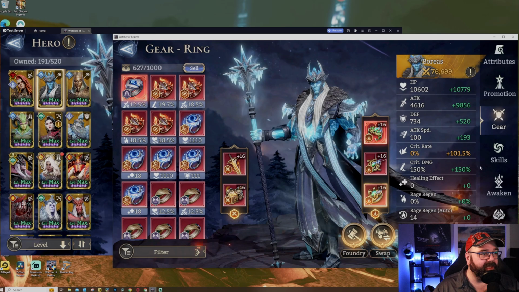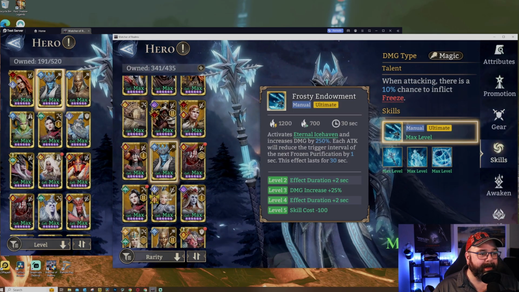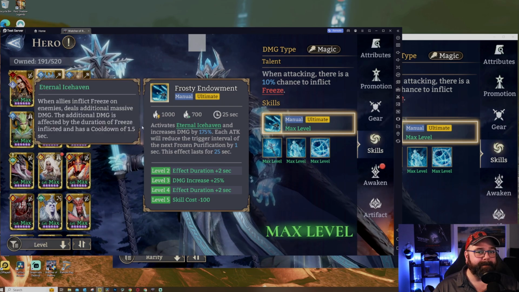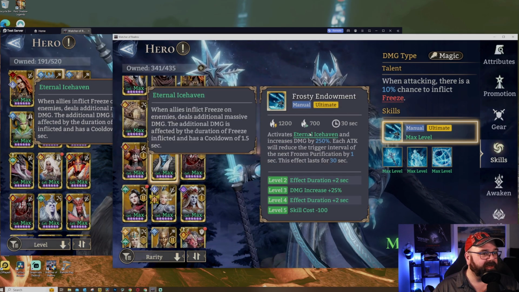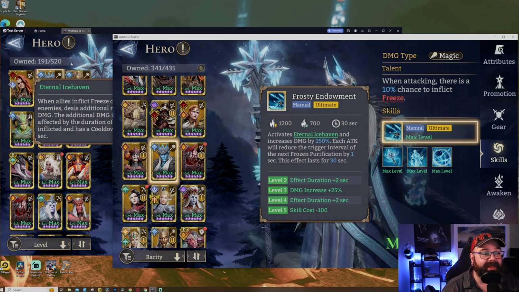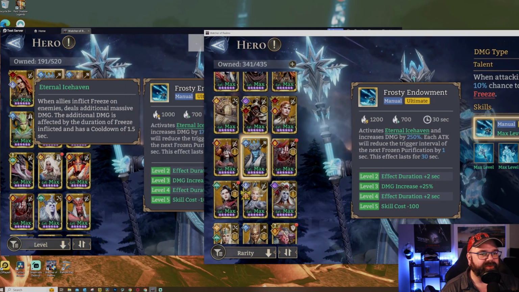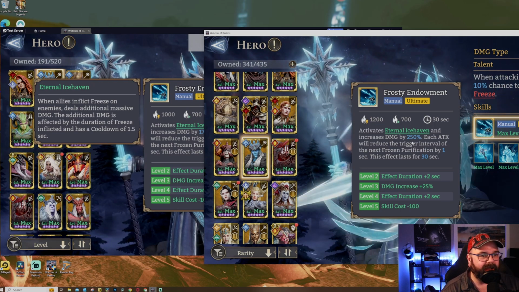I think to me, my impression, the 250 crit damage for 30 seconds versus 175 for 25 seconds. And I think the duration of freeze was changed as well, wasn't it? No, it looks like it's the same on that. Okay, so basically what you're getting is the skill cost. I thought they were changing the skill cost. Oh yeah, so it's 1,200 to 1,000. Whoopee, but you're looking at